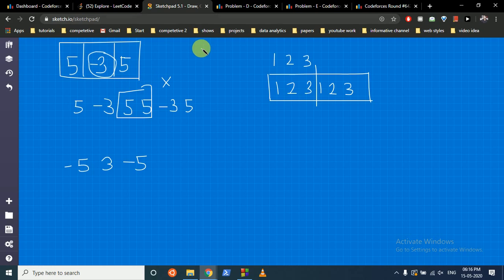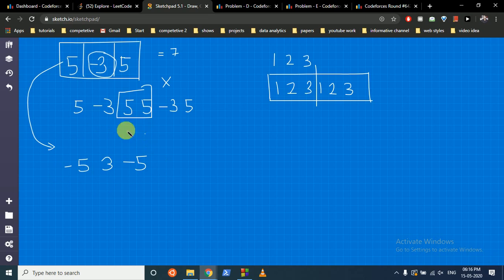So the maximum value can be from these two values, in which the first case we wrap around and the second case we don't wrap around. For finding the minimum possible sum, we can first find the total of all the elements in the array, which is 7. Then we will invert all the signs.